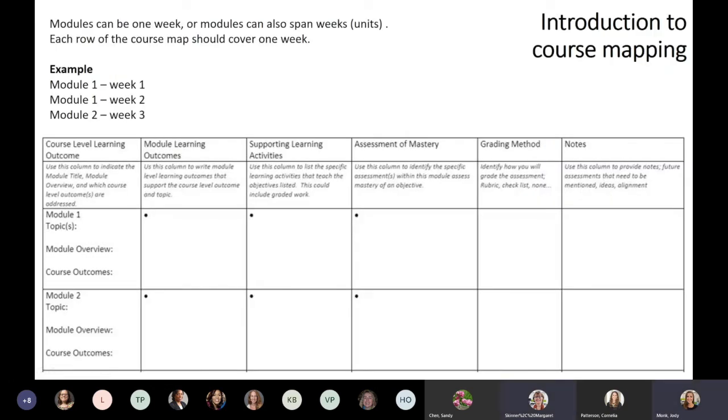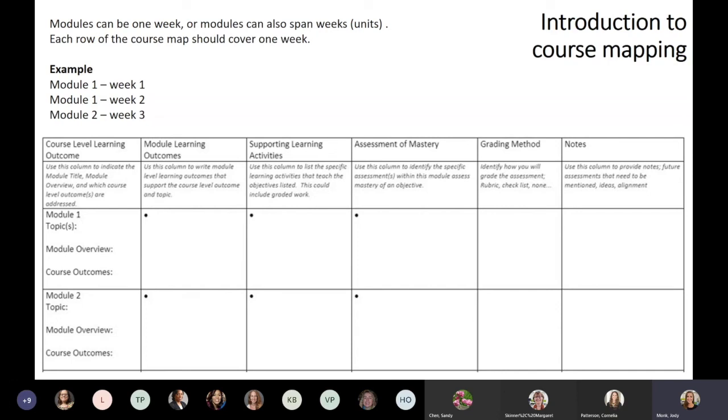So this is a look at the course map that I use. There's a number of instructional designers at OU, and we all have a very similar kind of mapping process. But if you've worked with Patrick or any of our other designers, the course map they've presented might be slightly different. This is just for planning, and a lot of people will take this course map and transition it into an outline for students, or they will take it and use it to build out Blackboard. And what we do in our office is we'll work with faculty to build out this course map so that it's easily translated into Blackboard.